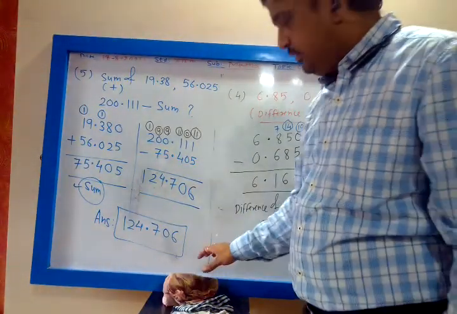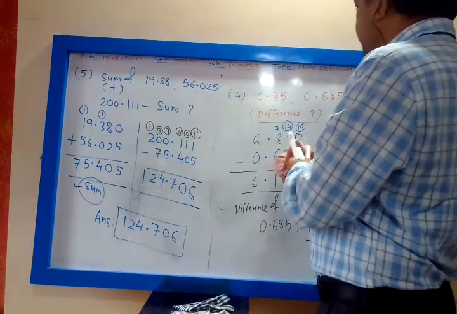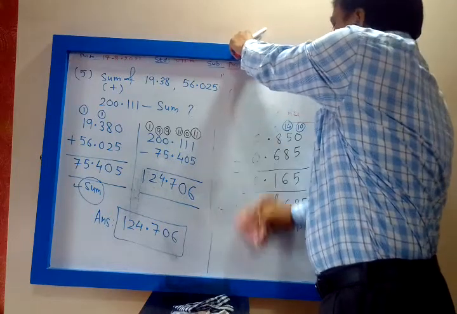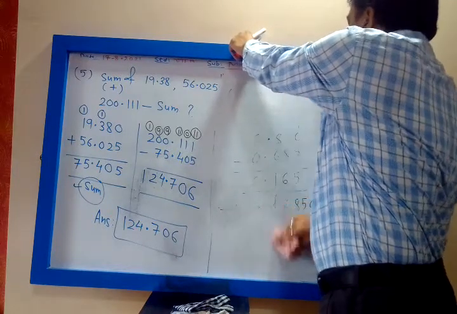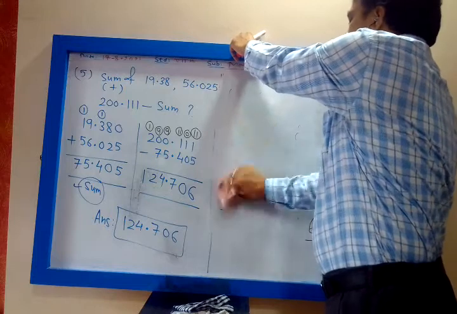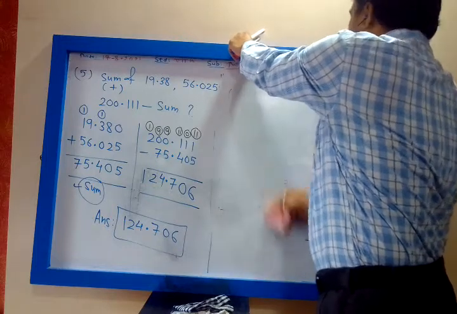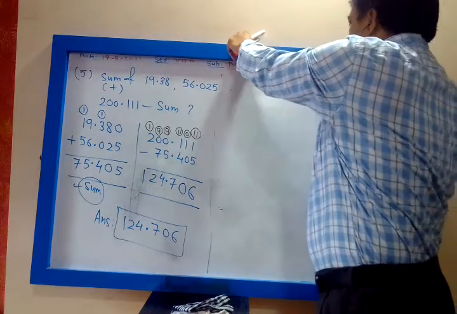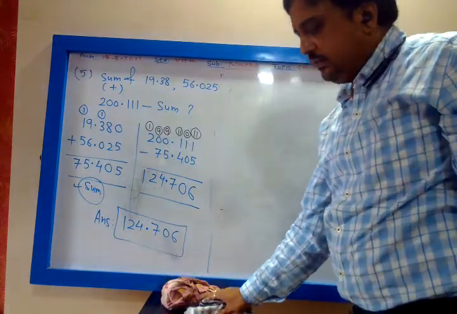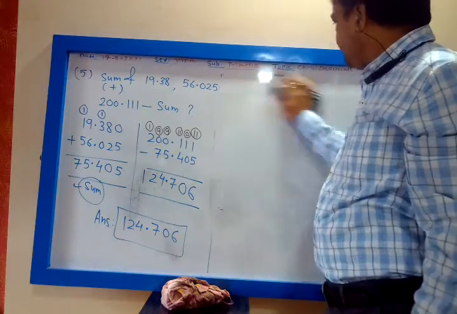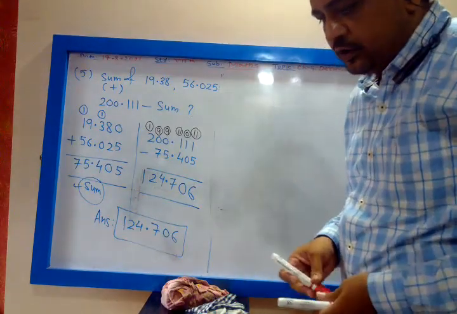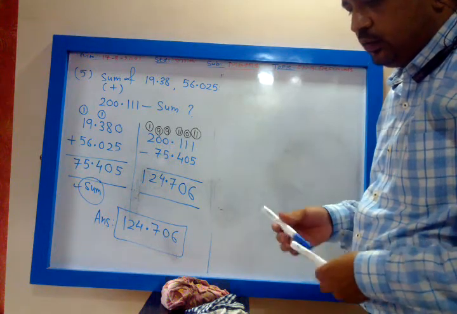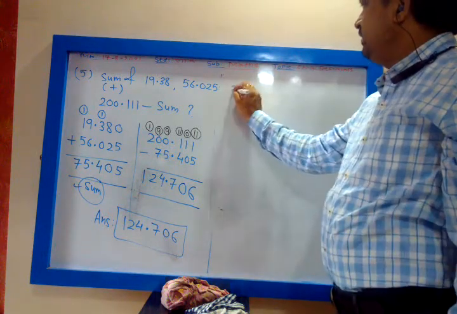Now, what should be added to? Okay, this type of problem. The same type of problems we have seen in integers. What should be added? Let x be added. Yes? Yes or no? What should be subtracted? Page number 59. Okay. What should be added to 39.587 to give? Seventh one.